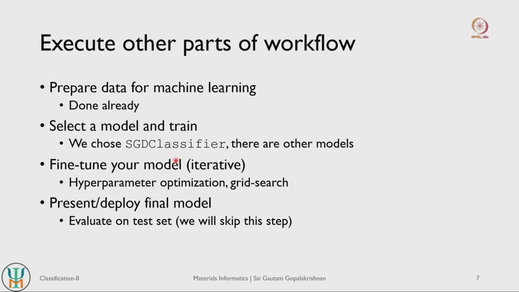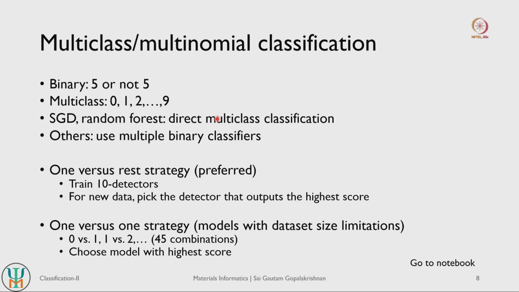We will actually skip all these steps because they are fairly straightforward to do. You take the same sort of code blocks from your regression exercises and execute them for your classification counterpart. These steps are fairly straightforward, so we will skip those in terms of exercises on our notebook, and we will focus more on other types of classification.